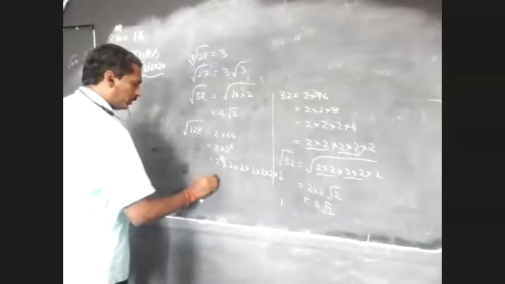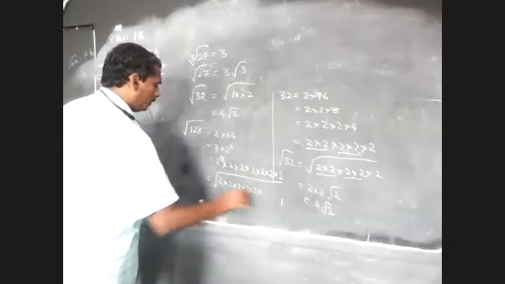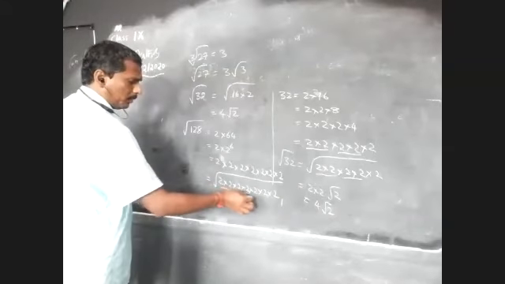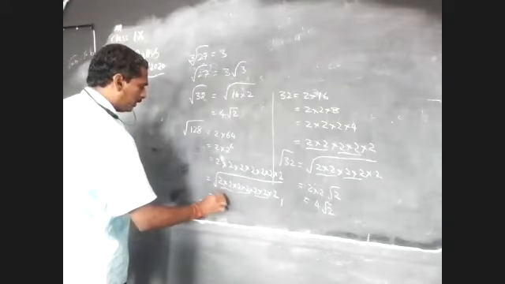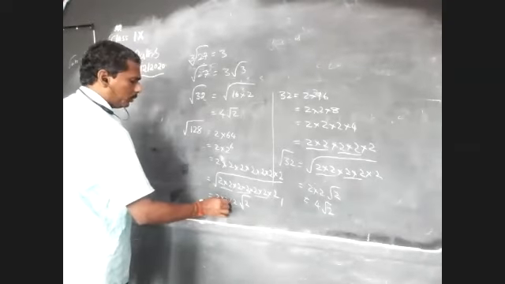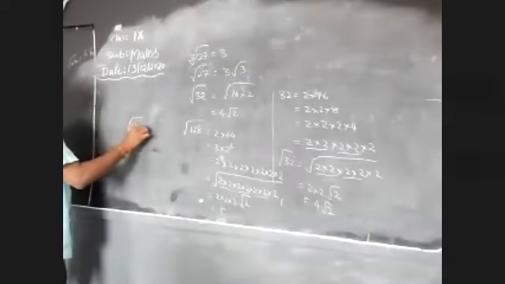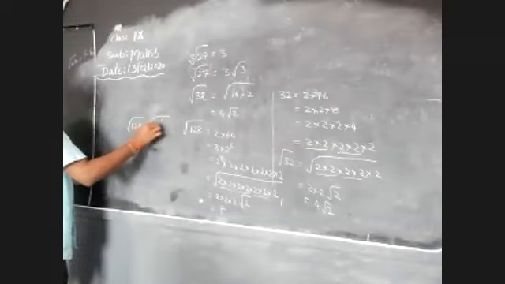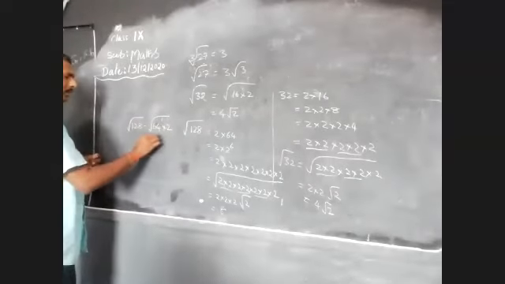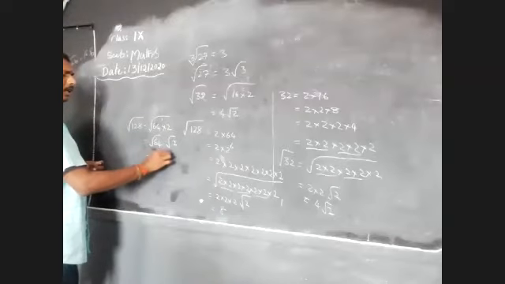So square root of this part: 2 into 2 into 2 into 2 into 2 into 2 into 2. One 2 comes out, one 2 coming outside, 1, 2, 3, and root 2. So that is 2 to the 4, 2 to the 8. So root of 128 can be written as the perfect square, root of 64 into 2. So root of A into root of B can be written as root A into root B. Root of 64 is 8. 8 root 2.